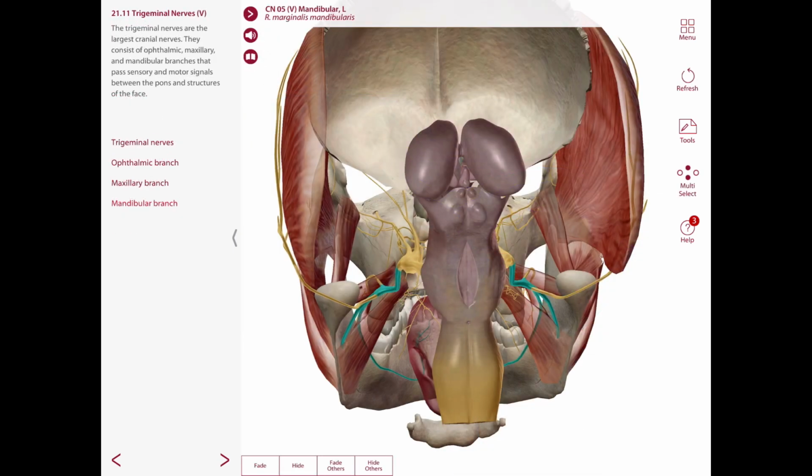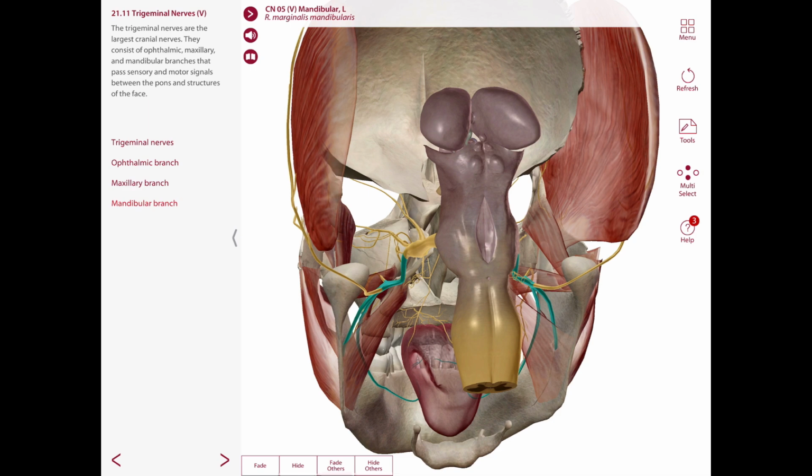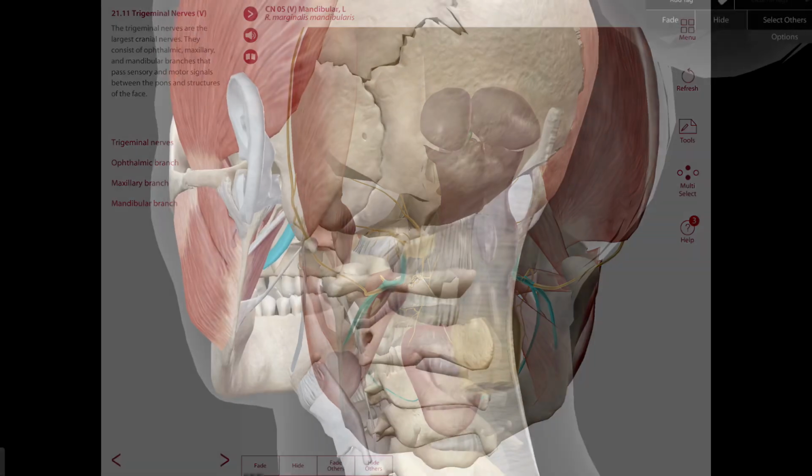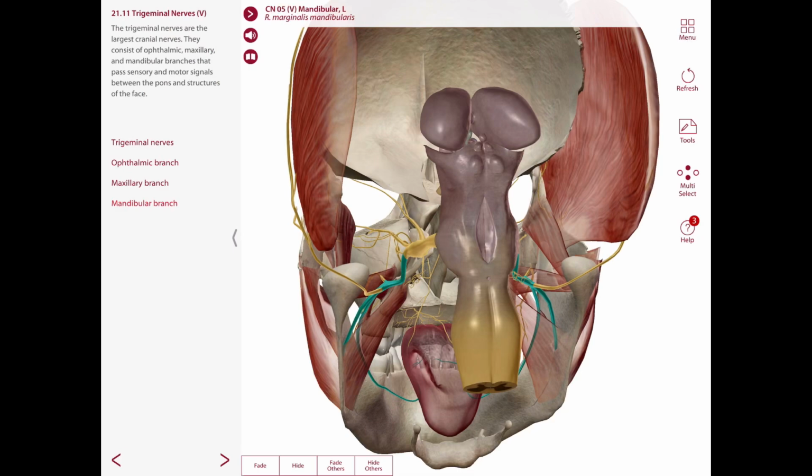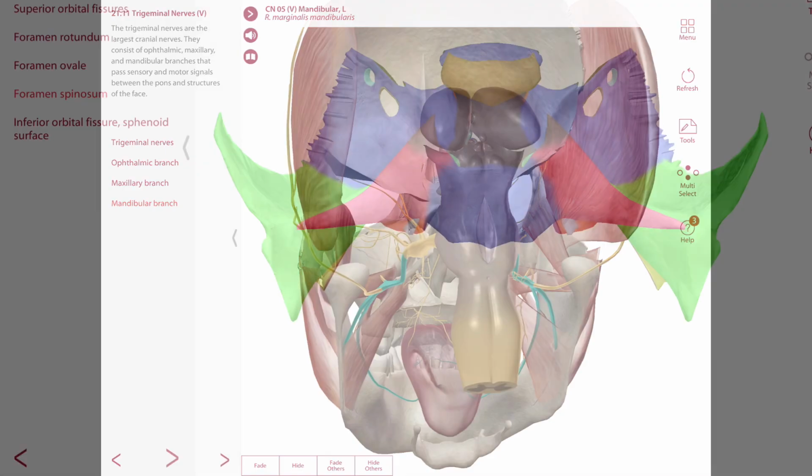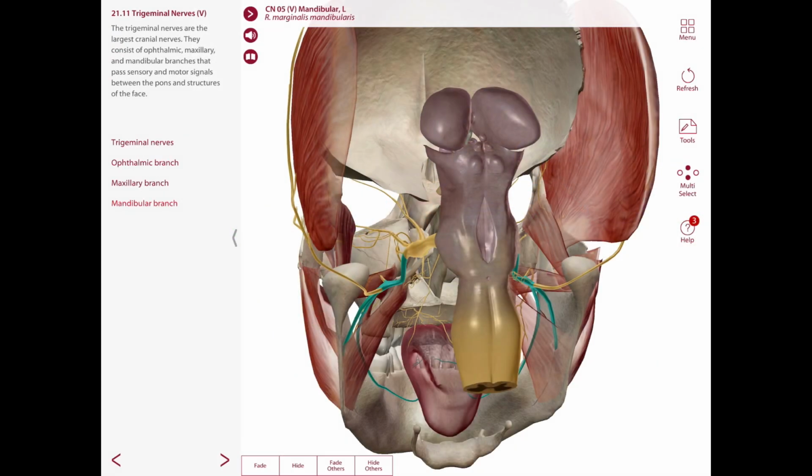In the infratemporal fossa, it lies deep to the lateral pterygoid and it branches into anterior and posterior divisions. It also branches from the main trunk or stem before splitting into anterior and posterior divisions. So we're going to have a medial pterygoid nerve, which supplies the medial pterygoid muscle, and it gives small branches to the tensor tympani and tensor veli palatini muscles. And the meningeal branch, which enters the cranial cavity through the foramen spinosum and supplies the dura mater of the